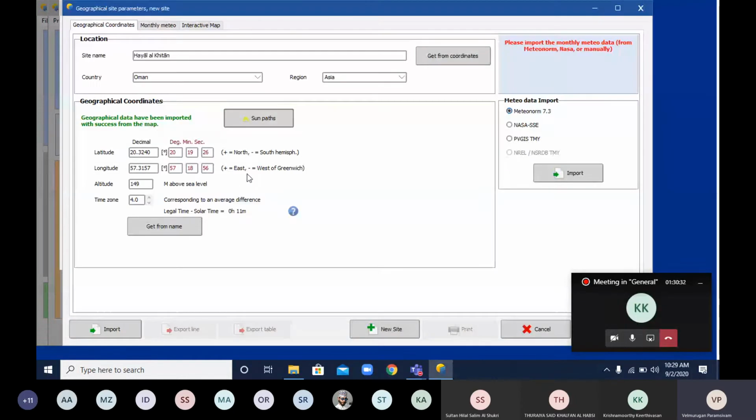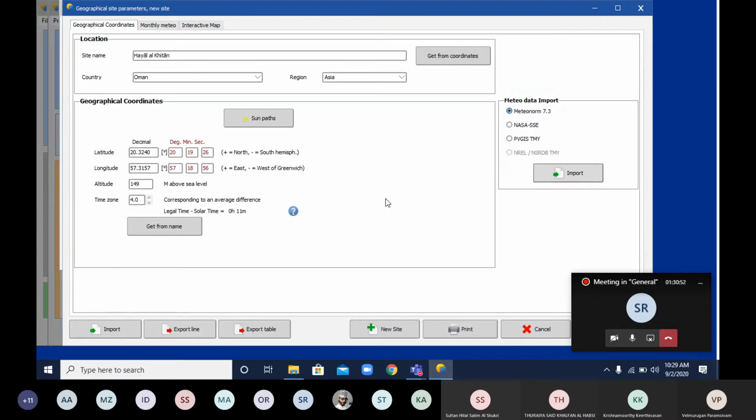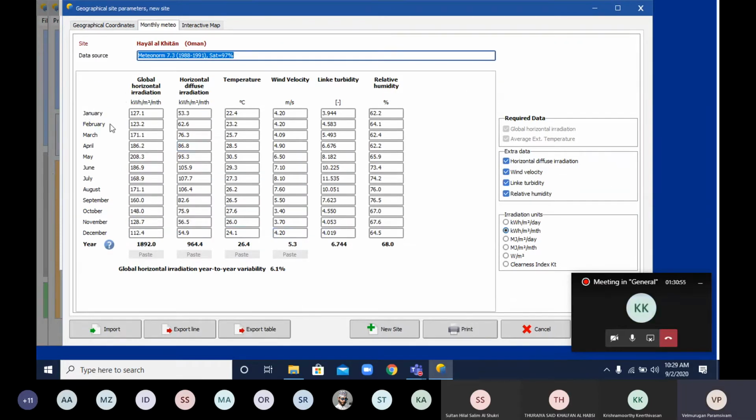Okay. So after that, this data we take from import. Based on the last 10 years data, it will be designed. Okay, just click the import. If you click the import, January to December, based on analysis of the last 10 years data, they will show the data here, January, February to December.